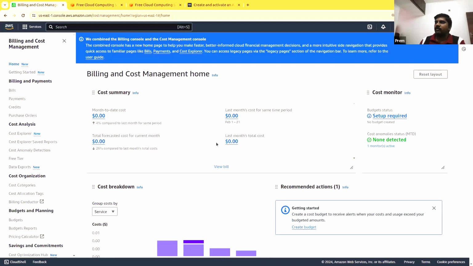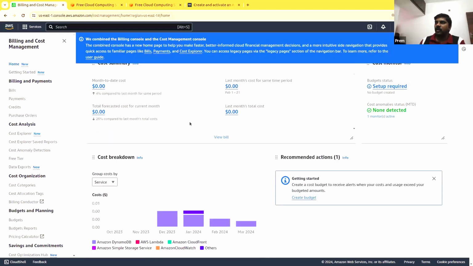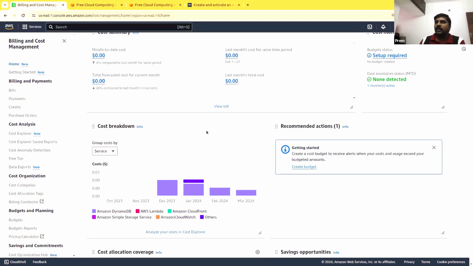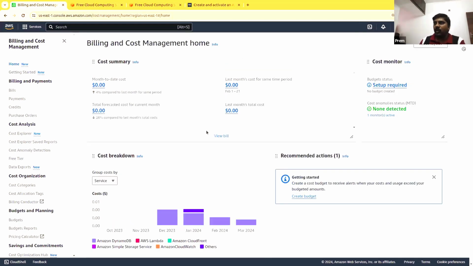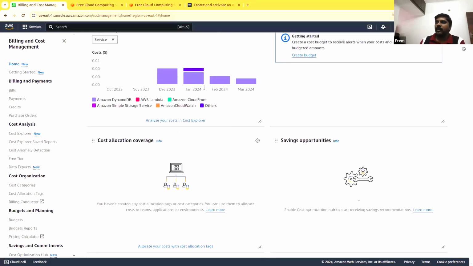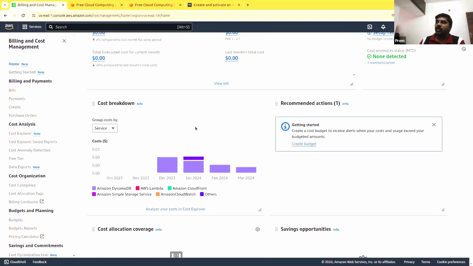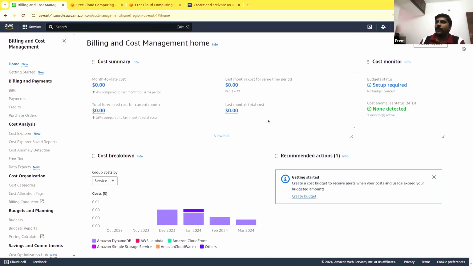It will give you a breakdown service by service, how you are performing, what resources you are using, how you can control your cost, and whether there are any anomalies you should be aware of, so that you can forecast your billing. Anything related to cost, you will find here. There is a separate section that we will be going through just to monitor this. To start with, this is the section you need to see.